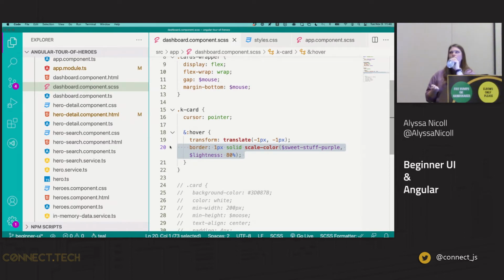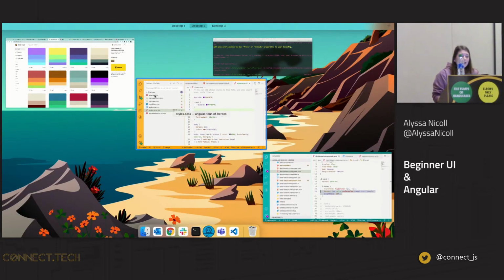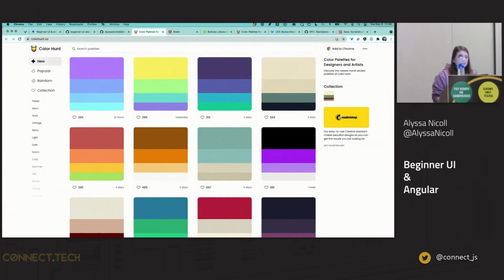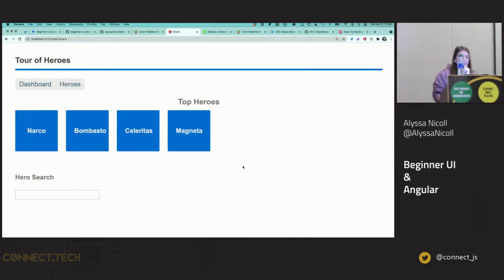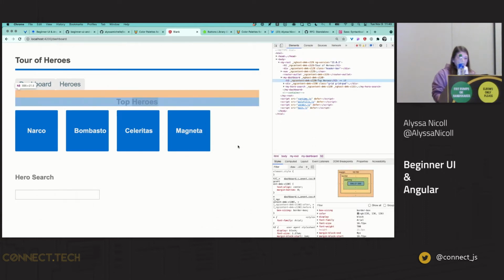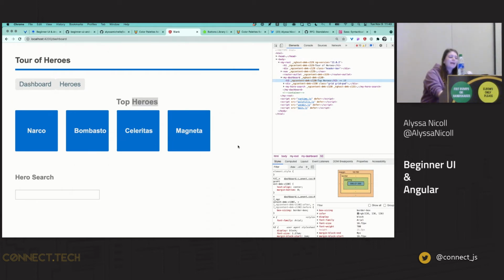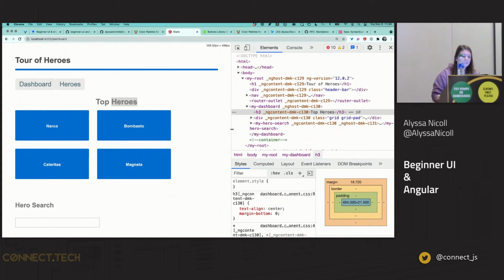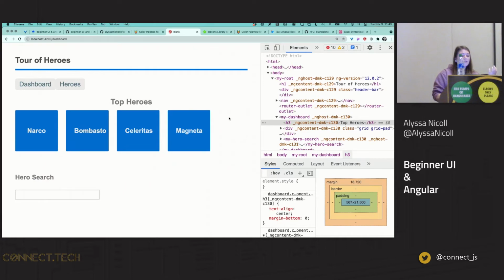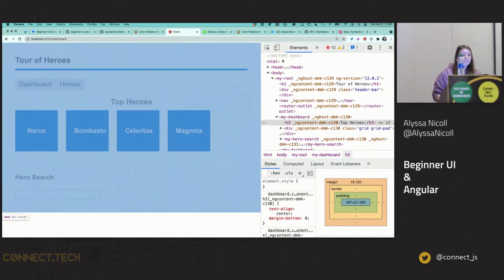Okay, so we're at 50. I want to actually do some CSS and start styling. So if we go back to our dashboard, she needs some love. And I just want to show you how I do this because it's pretty eye-opening to some people. At least it has been in the past when I show them how I get started on a project like this. If this was a client and they were like, please help us, I would just literally dive in